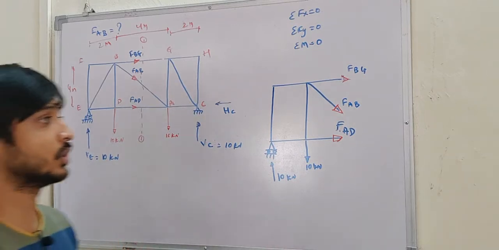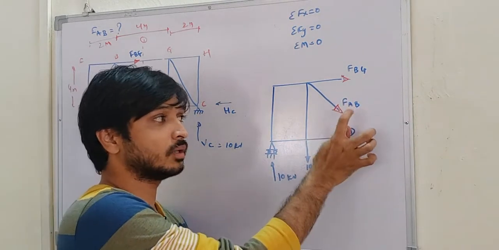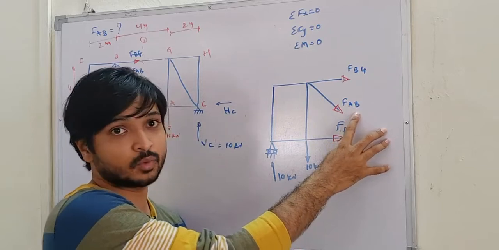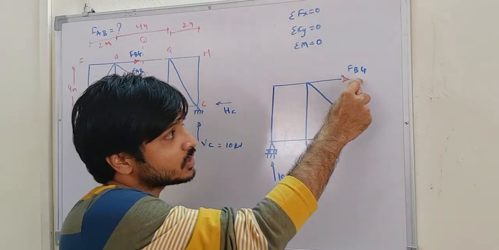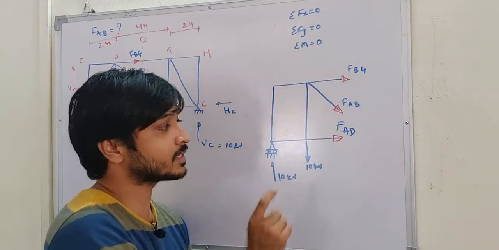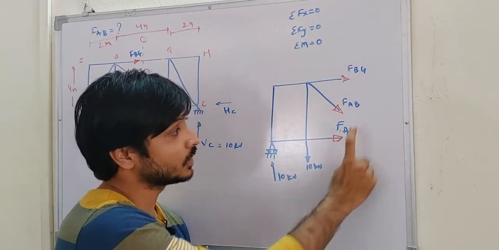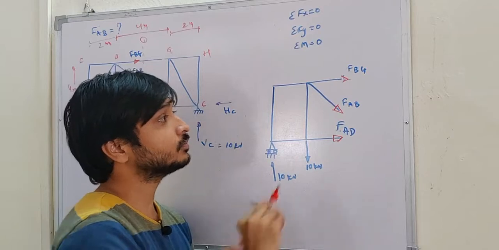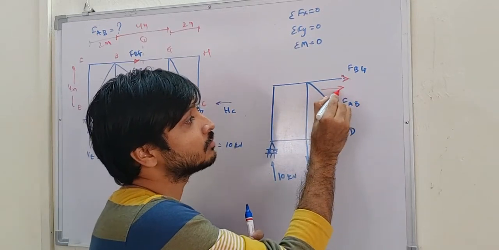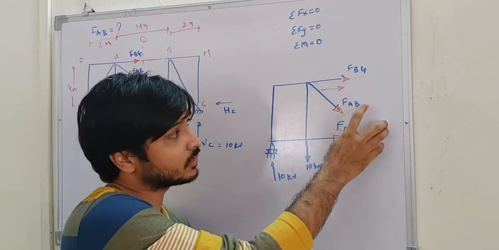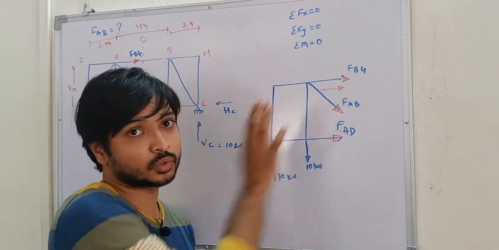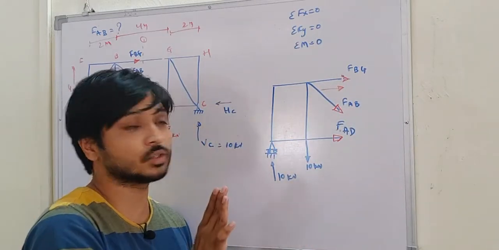So what I want is the force in the member FAB. That is what they have asked. Okay, if I take summation of Fx, how many unknowns do we have in the x direction? There is one unknown. This will also create some horizontal component, there will be one horizontal resolvent of this one. So there is one more, so three are there. Then by that equation it is not possible.